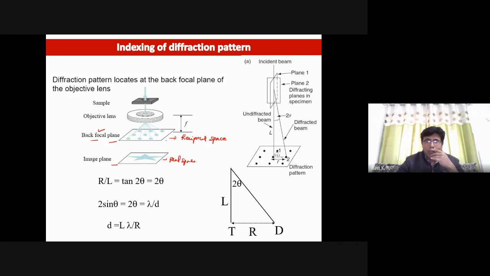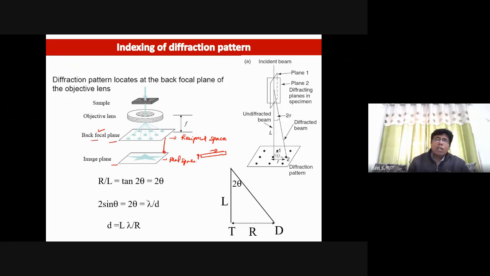But there is a connection between these two, because of the image you are seeing of the nanorods, let's say this is the direction it has grown. We would like to know which direction it has grown. What is this direction? That is one of the reasons why we are indexing the pattern. So all this connection, we will look at it.